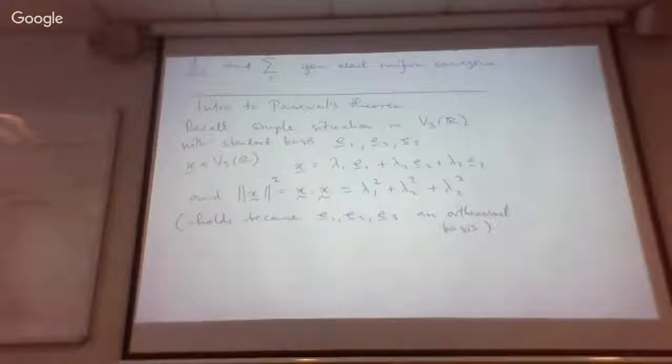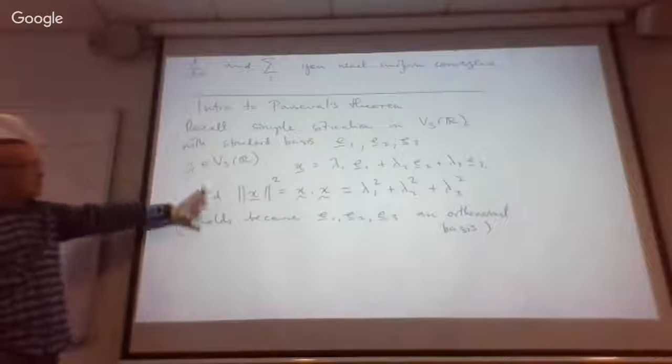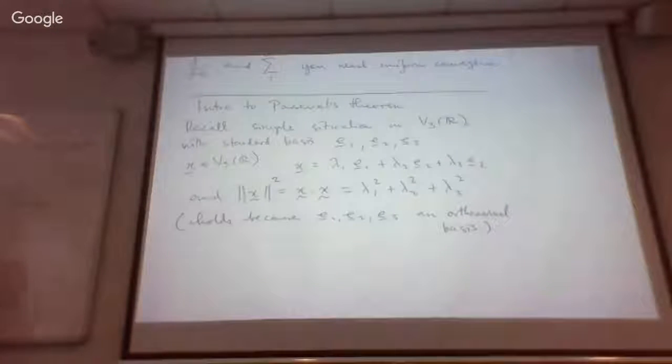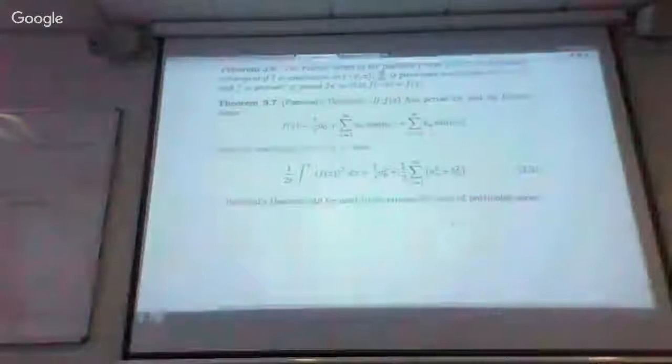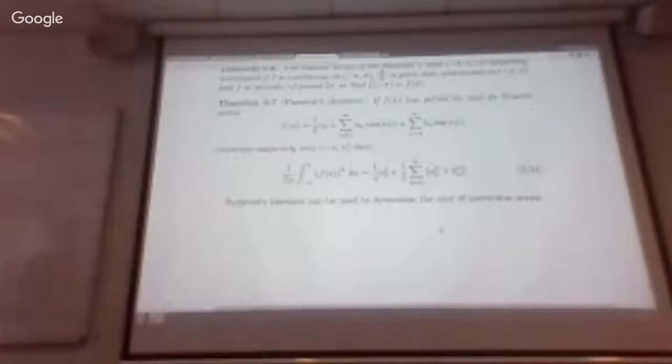Okay. So I think you'll find the statement of theorem 3.7 a lot easier to appreciate because you've got this quite well-known, familiar scaffolding that you can map it onto. So if you look at the statement of theorem 3.7, it does place conditions on the function. We need the Fourier series of the function to be converging uniformly to the limit function f. But as long as the Fourier series is converging uniformly to f, and the previous theorem gives us conditions on f that would guarantee that,